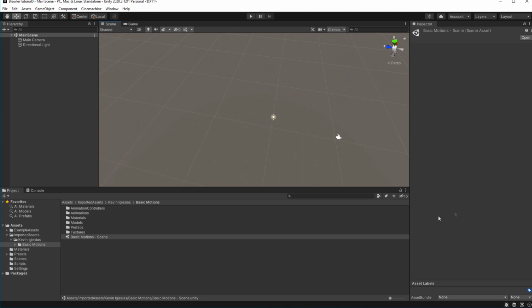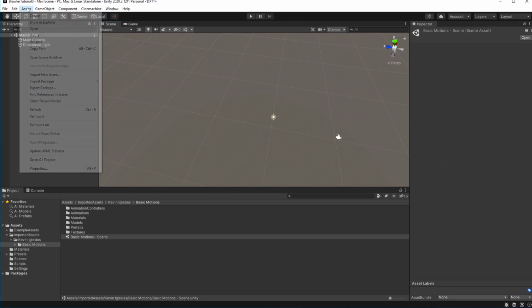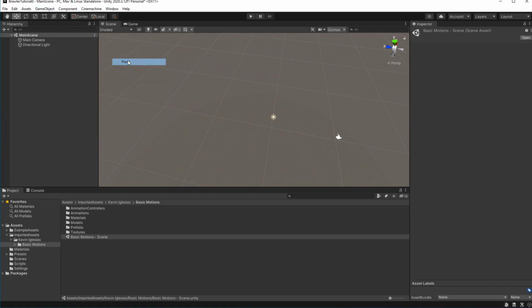So we are done with basic preparation. Now let's start actually implementing our character and camera into the game.